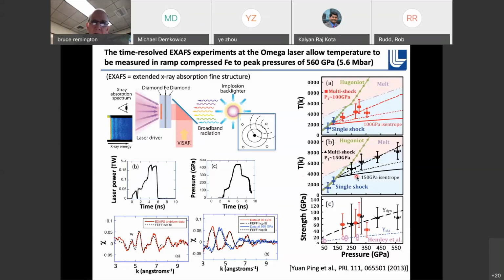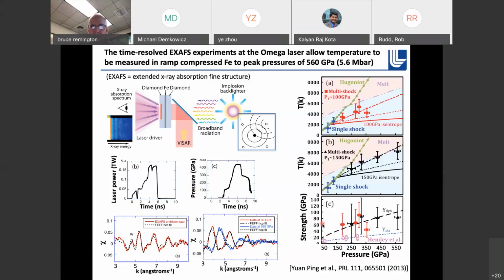So in this first experiment done by Yuan Ping et al., published in the PRL in 2013, they were surprised at how hot the lattice seemed to be, much hotter than what you'd get just from PDV work. And so they guessed that maybe there's strength in the lattice, and you're doing work against the strength as you compress the lattice. And so they then tested that concept and said, if the added temperature is coming from strength, work done against the strength as you compress, then from these temperatures, we should be able to back out an